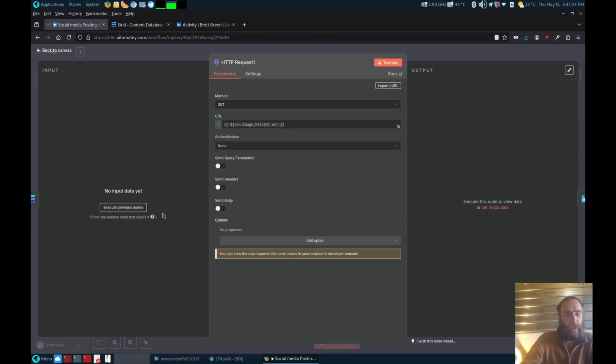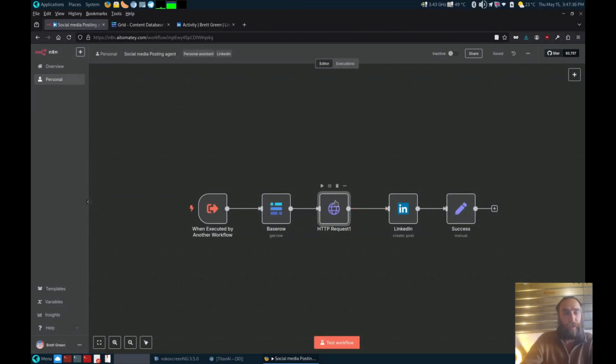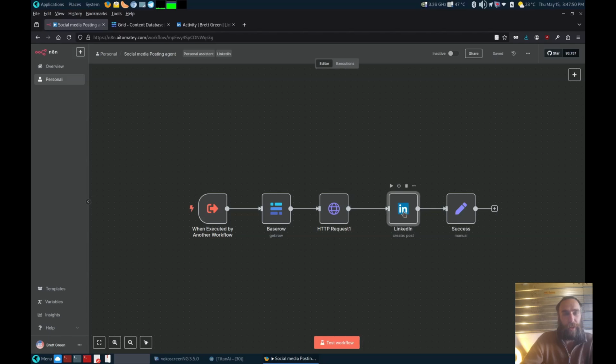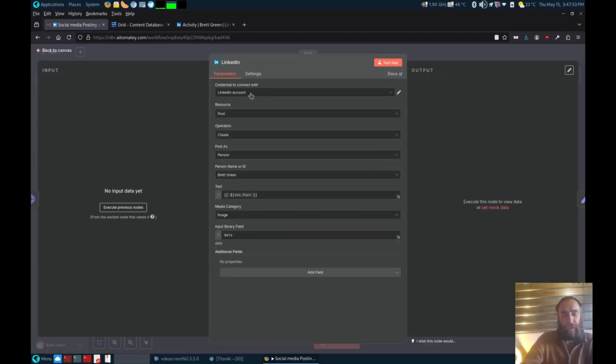Then what you've got is your HTTP request, where when you've got the previous node there, it will show a link to the URL of the image, and it stores it in a selection of different sizes if you needed to. So you could even have a thumbnail if you have a use for a thumbnail, and then this will download it. So when it's at this end, it's a binary file. So what we've got is get, and then it'll download it as a binary file, and then in the LinkedIn node just here,